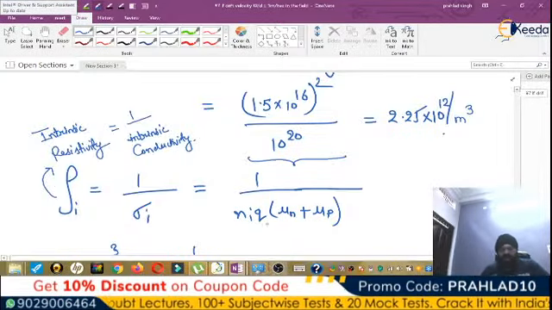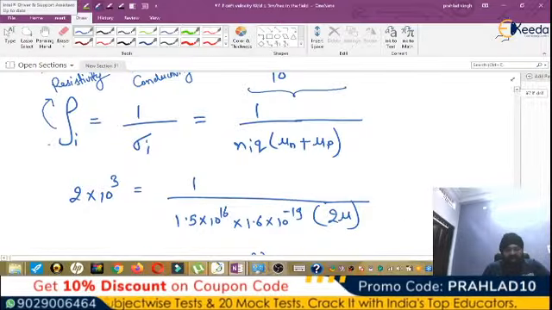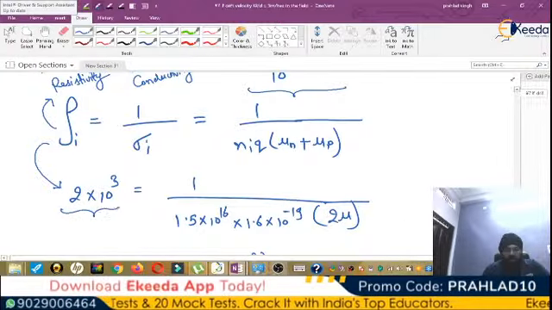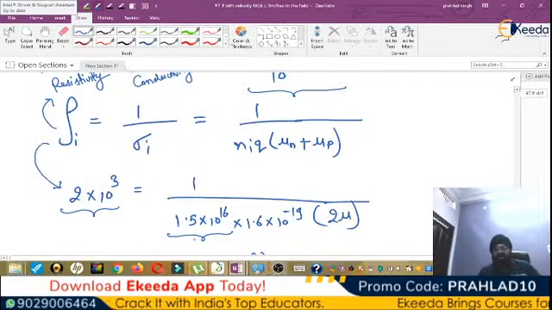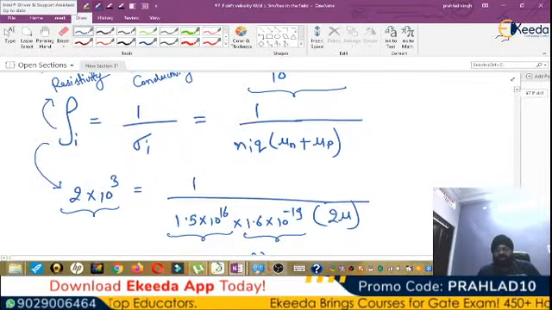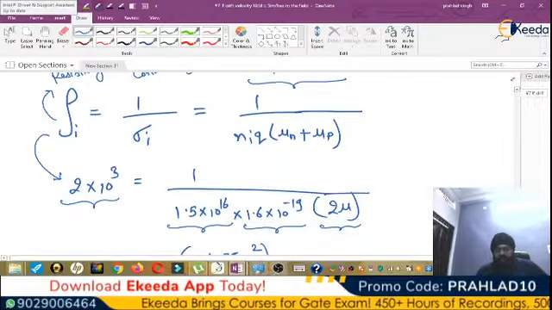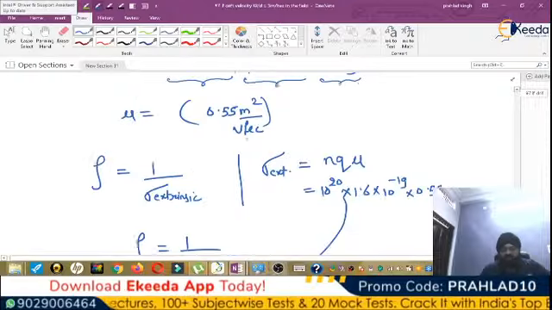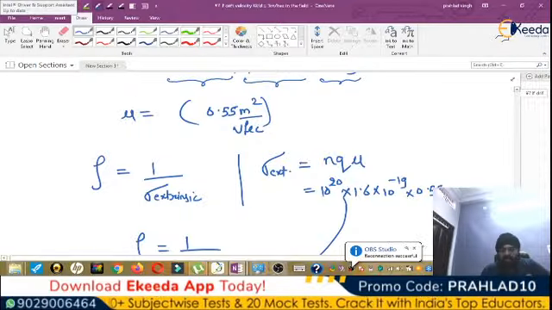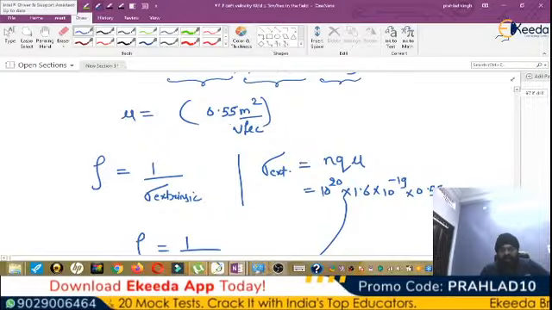So it is 1 over Ni q into (mu n plus mu p). Intrinsic resistivity is 2 into 10 cube, and it is equal to 1 upon Ni. Ni is 1.5 into 10 to the power 16, into charge, which is 1.6 into 10 to the power minus 19, into twice mu n, since it is given in this question